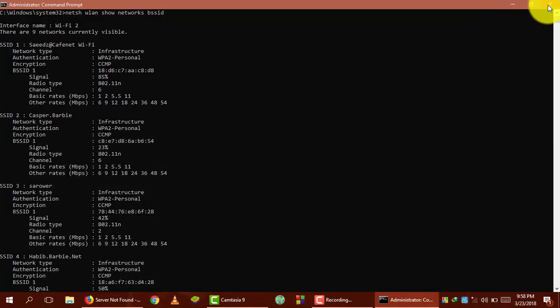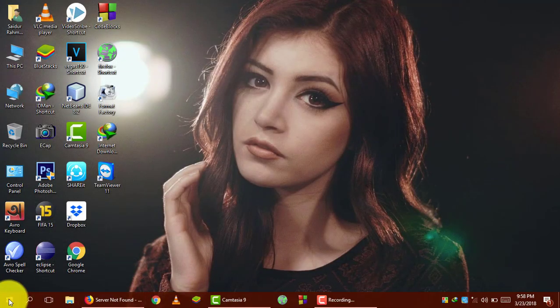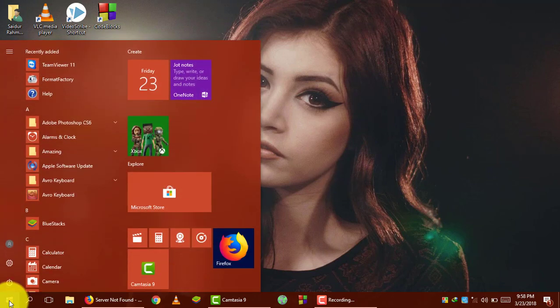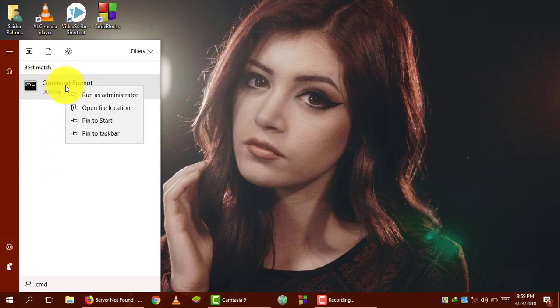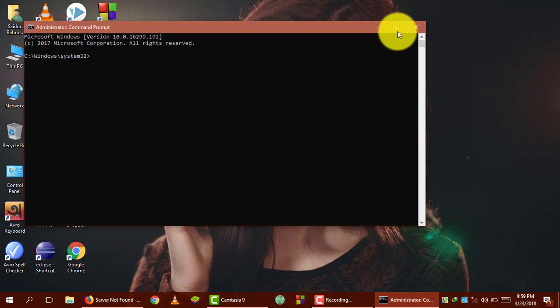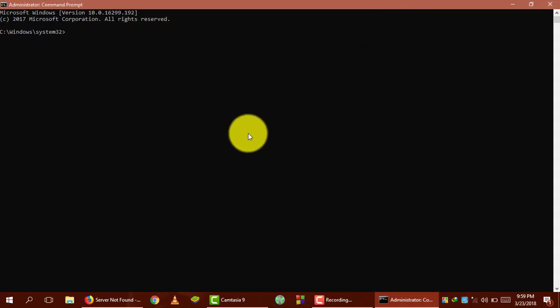For any Wi-Fi network password, first of all, you have to press the Windows key and type CMD. Then right-click with the mouse, choose run as administrator, and click yes. Then you can see this type of page, and you have to write here